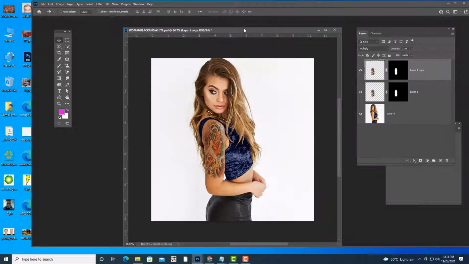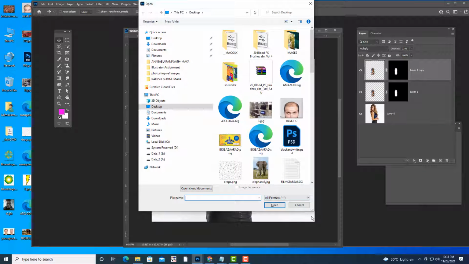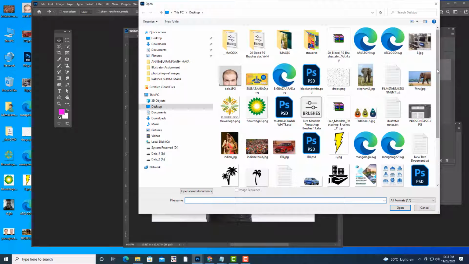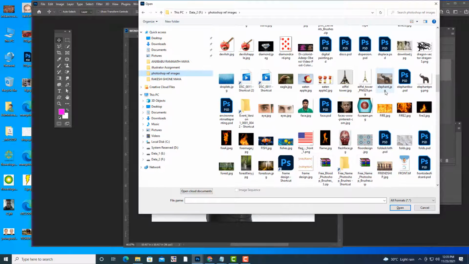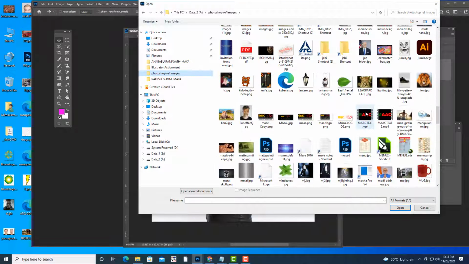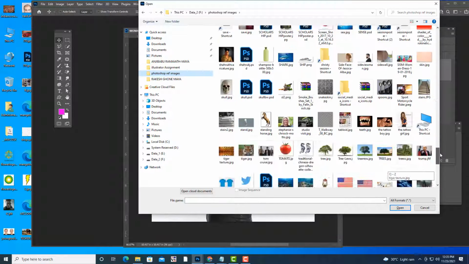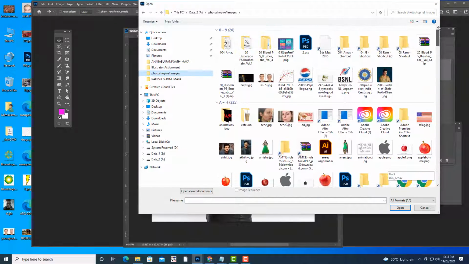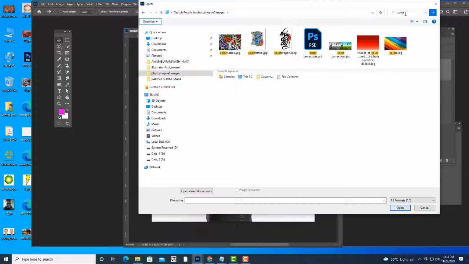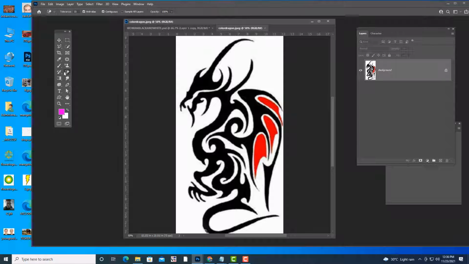So then the next thing I am going to do is get one dragon tattoo. Let's open it. This one I am going to select, and I am going to remove its background.